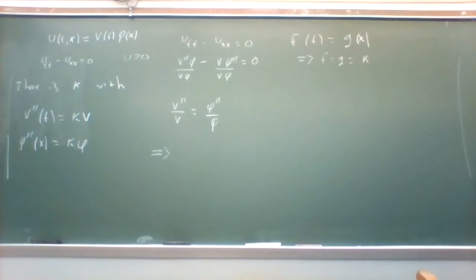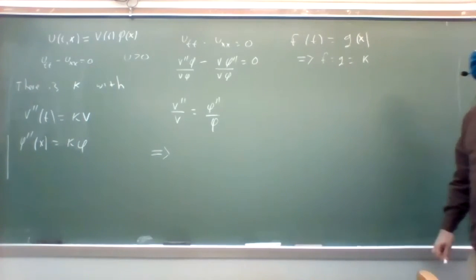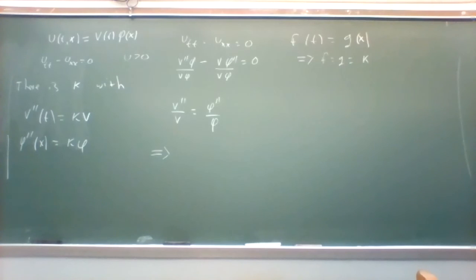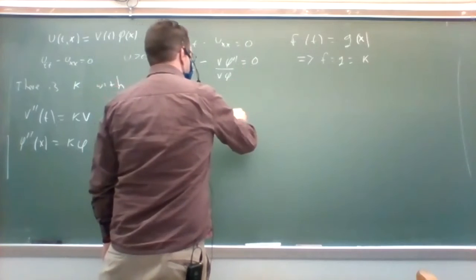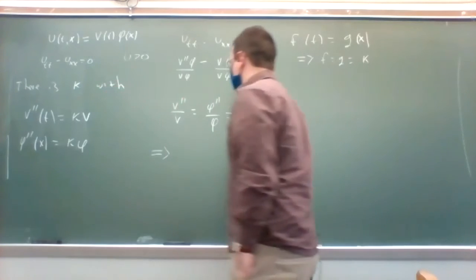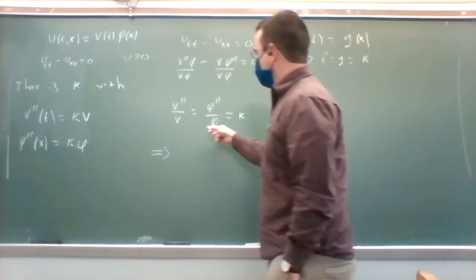That's the only way that you can have such a relationship hold good for every single t for every single x. And so that's exactly what we're doing. So we're just saying, let's call this constant k,